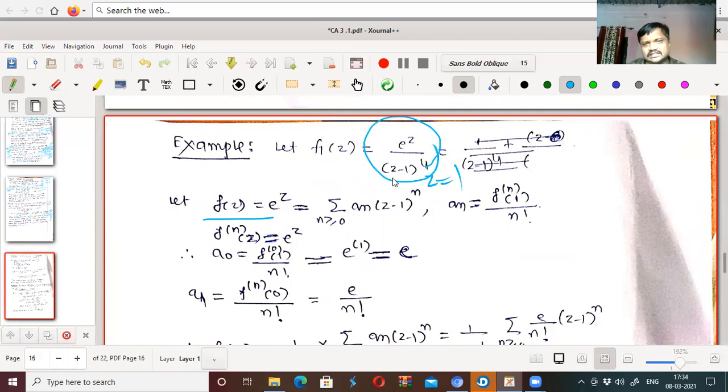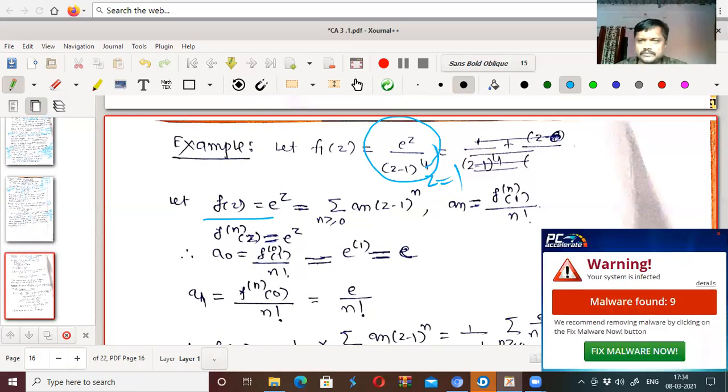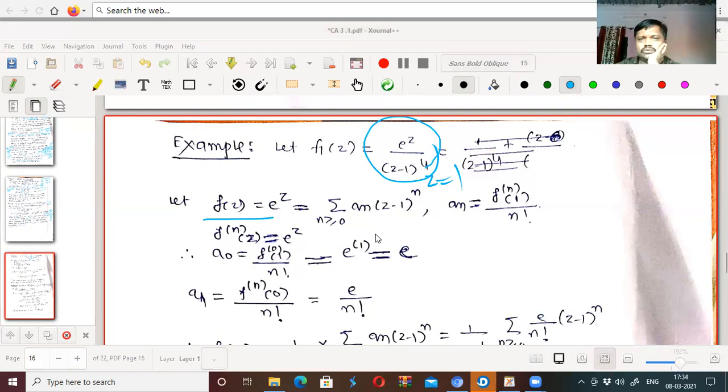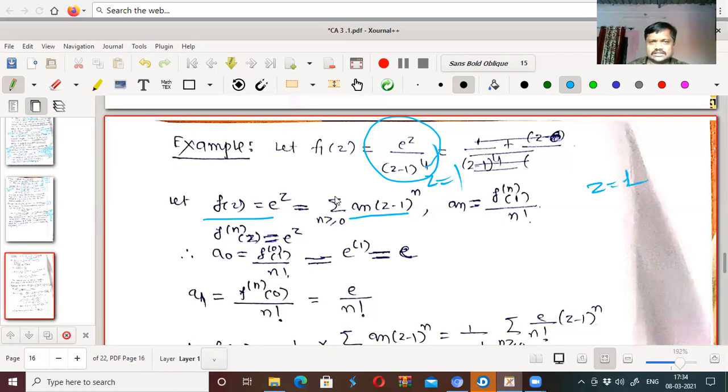We know that it has a singularity at z equal to 1, right? And the 4 means it is of order 4, an isolated singularity. Okay, it is not simple, right? Now we want to see what type of singularity this is. That means whether it is a pole of some order, or a removable singularity, or an essential singularity. These three conditions we have to check. Let f(z) equal e to the power z, and we want to express this in a power series expansion about z equal to 1, since e to the power z is analytic everywhere.